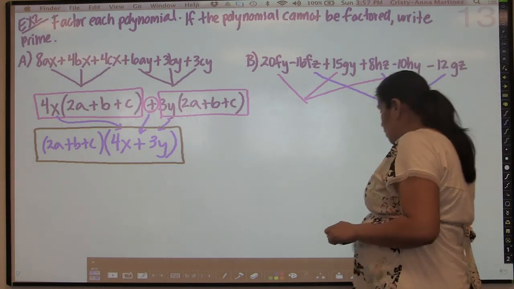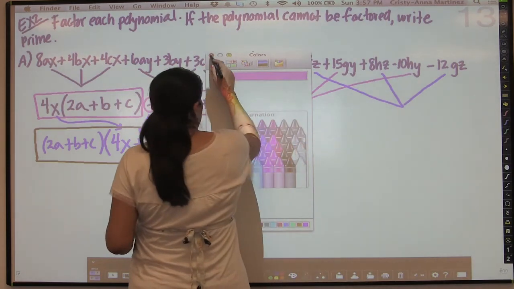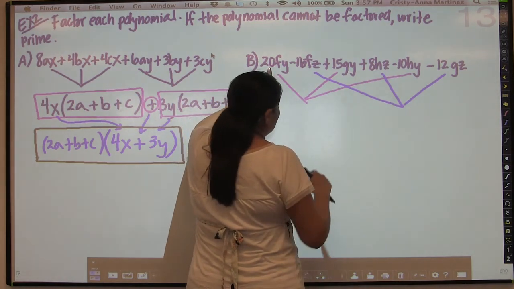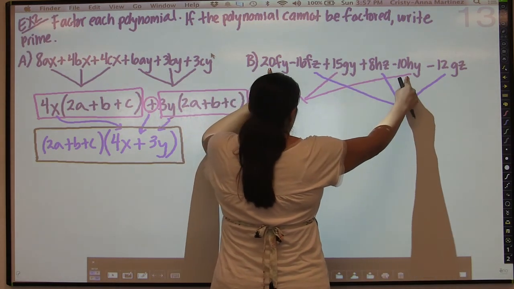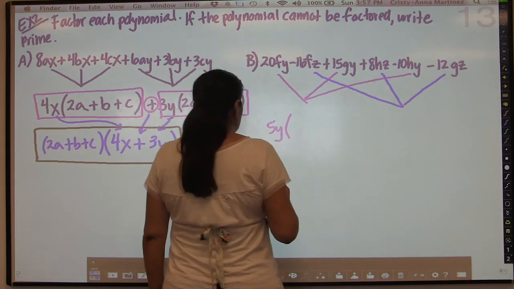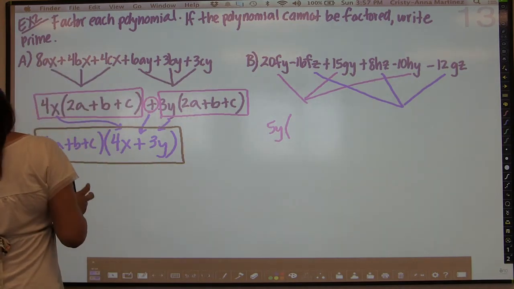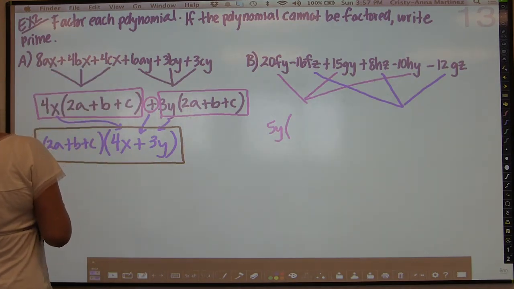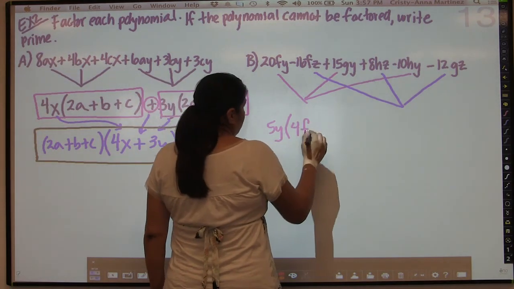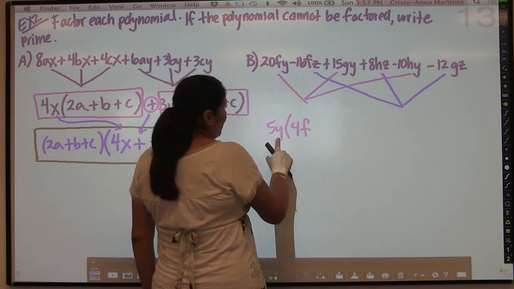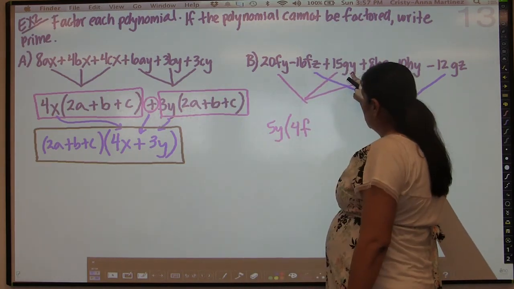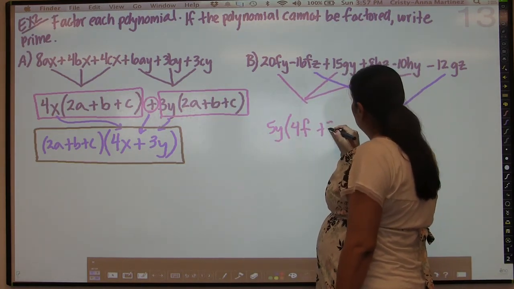So for my first group, the ones that have the Y in common, I see that we've got a 20, a 15, and a 10. All of those are divisible by 5. So I'm going to pull out a 5y. And then for my first term, I'm going to have to put a 4f, because 4f times 5y is 20fy, which is this guy. And then my next one is going to be the plus 15gy, so I'm going to need a plus 3g,